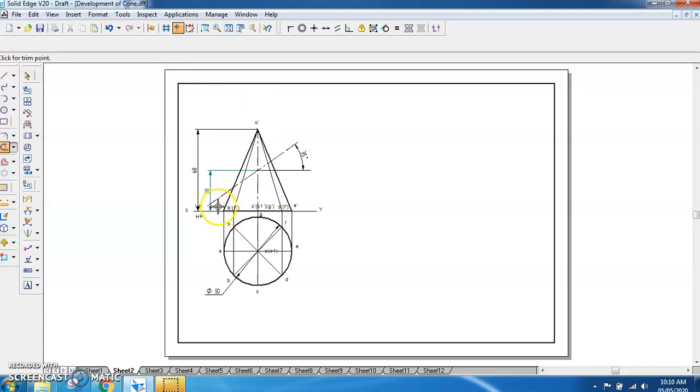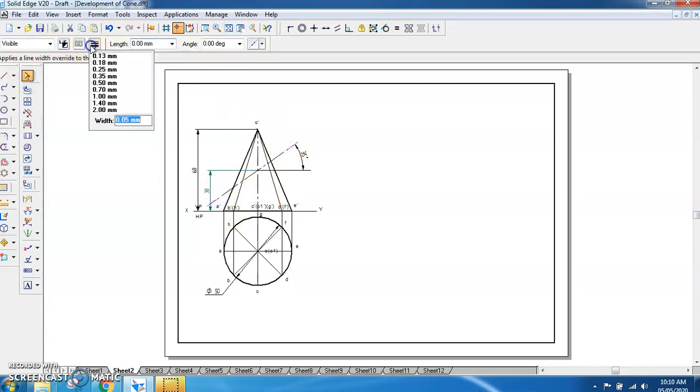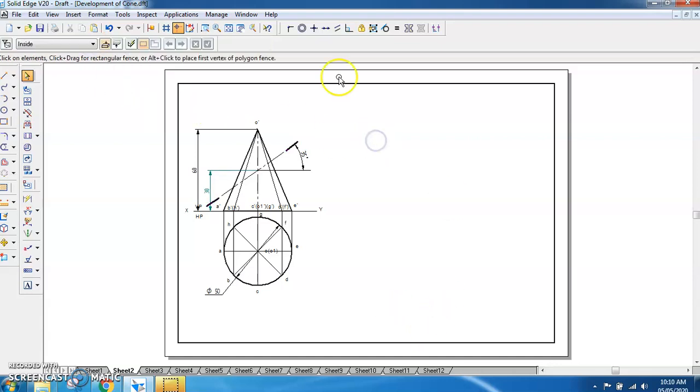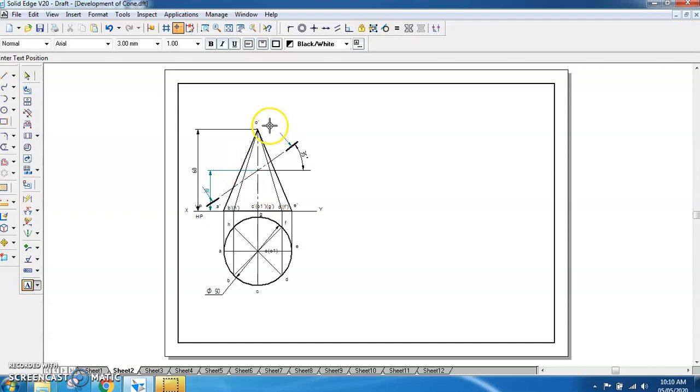Then you can make the ends of the section as thick. You can take 1 mm. Then you can have this leader here to show the cutting plane, this arrow and this arrow. Then you can give the names to the cutting plane, that is S as a cutting plane. And this is the drawing which you have to get from the sketch they have given.